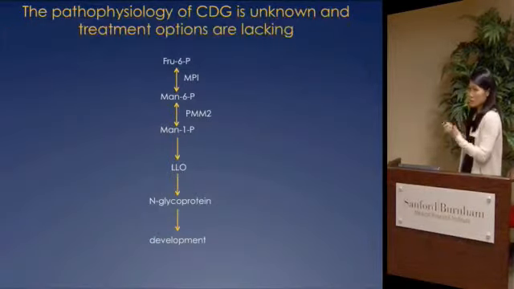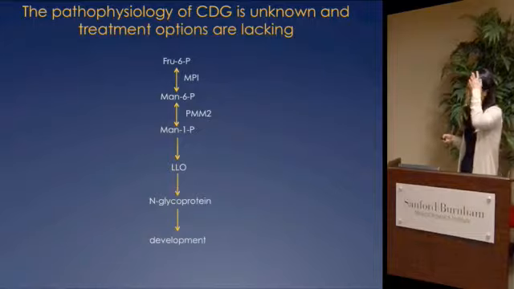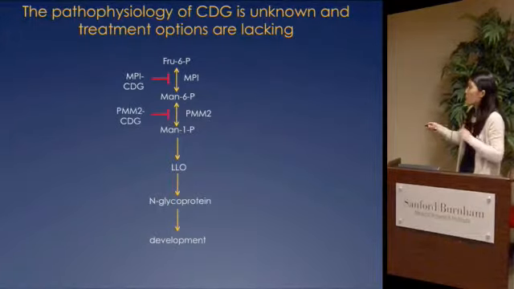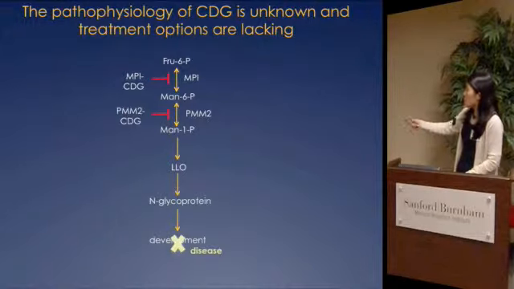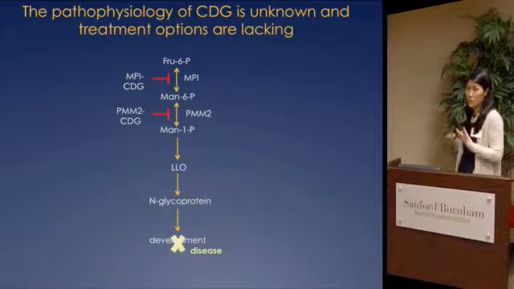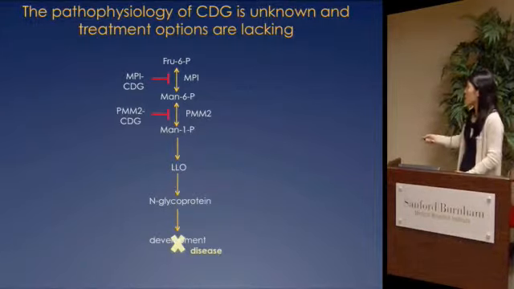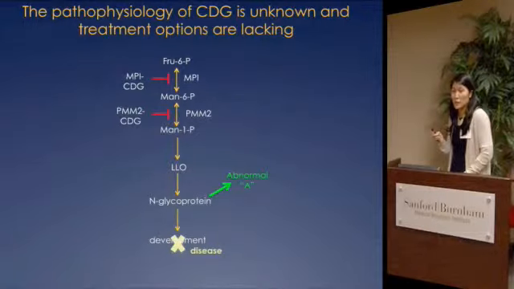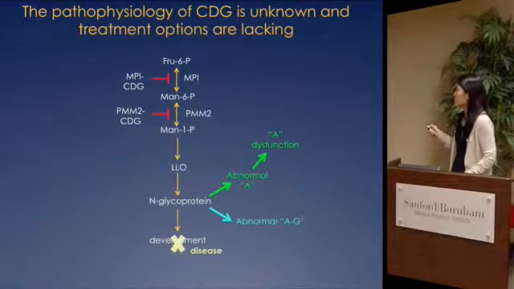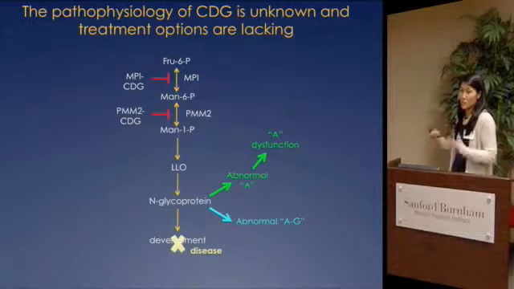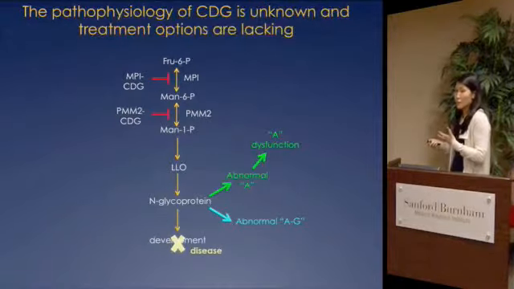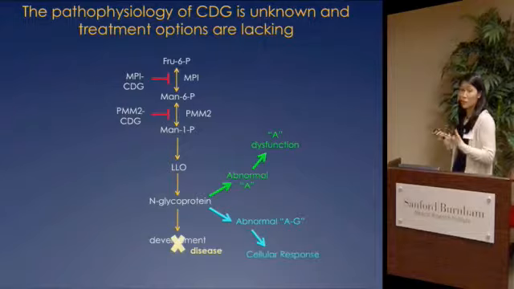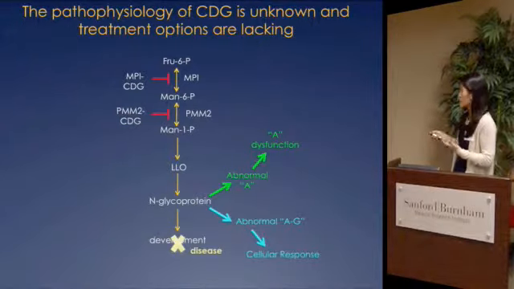So to take this to a simpler route, as we alluded to in the first session, why don't these two present the same? If we presume that it's the defective glycoprotein that leads to disease, why don't these two diseases have the same exact clinical presentation? Maybe another possibility is that it's a specific glycoprotein that's defective that then leads to disease. Or maybe it's a subset of glycoproteins whose function is abnormal, and that leads to some cellular response that causes the disease.